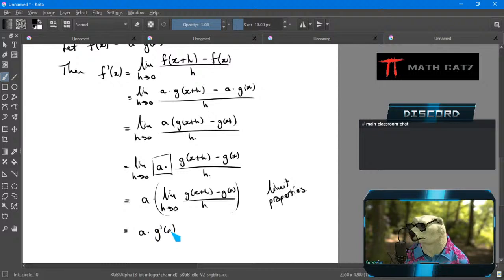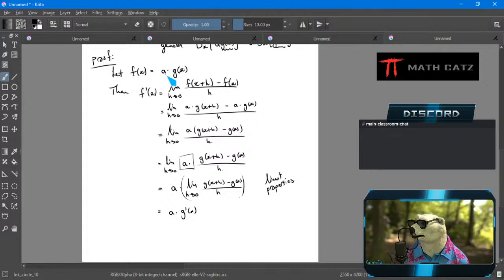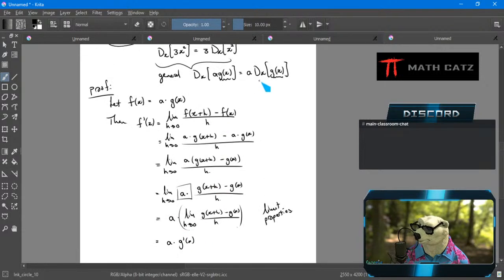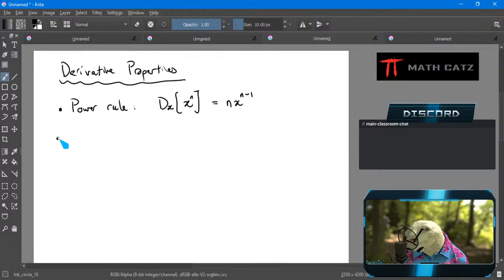Derivative of g. So let me zoom out. If I have a function that's a number times something else in x, the derivative is that same number times the derivative of the x portion. Or in big D notation, up here, it's the same thing. Different notations for the same thing. So that applies when I have a function that is broken up into pieces, some constant, some number times a function, another function. So I will call this the constant